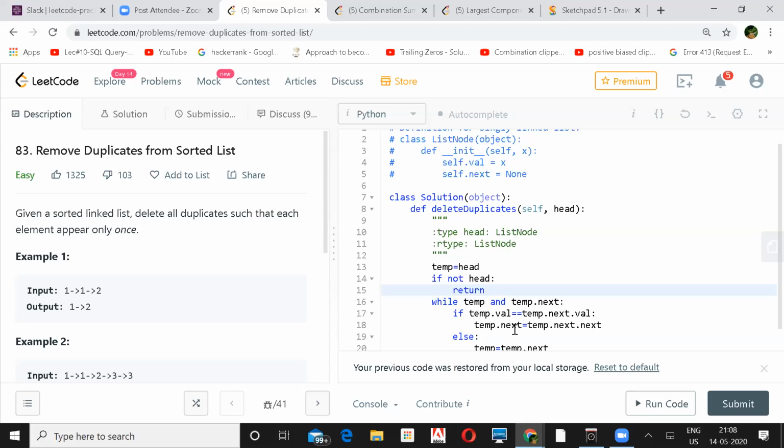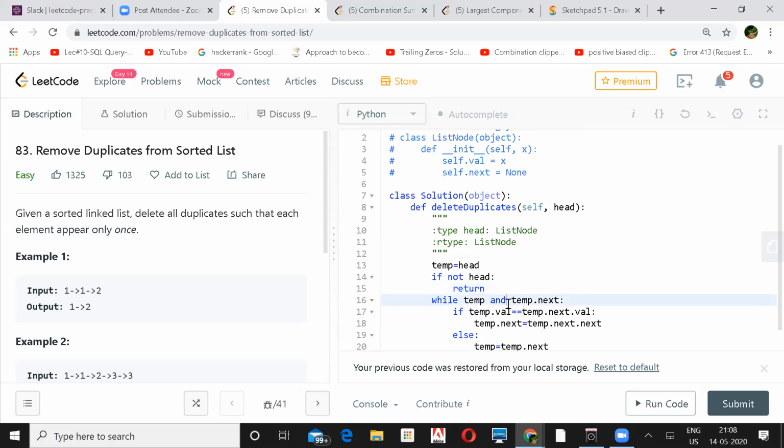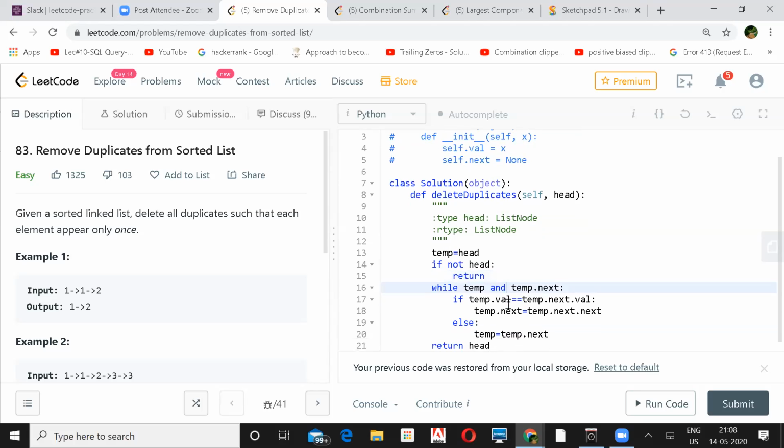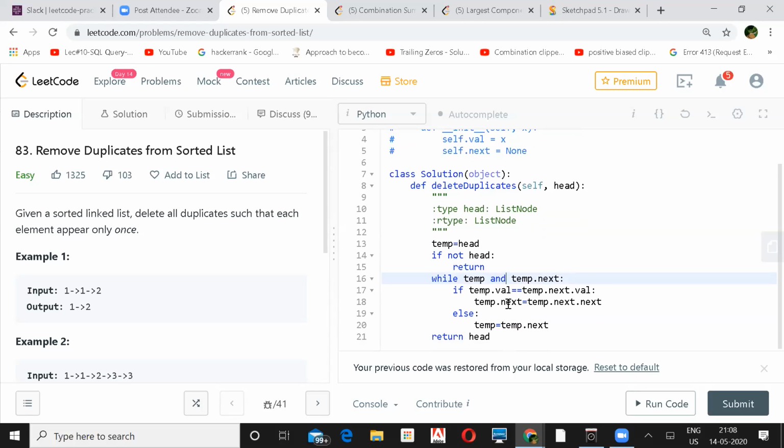Any other apart from this? I think the way you did here in the if and else, actually incrementing temp to temp dot next in the else statement, takes care of that. Someone said about 111, right? If there are 3 ones, you will get two ones. I think the else, temp is equal to temp next, takes care of that. So you don't have 2 ones; it will only have 1 one. Yeah, got it.